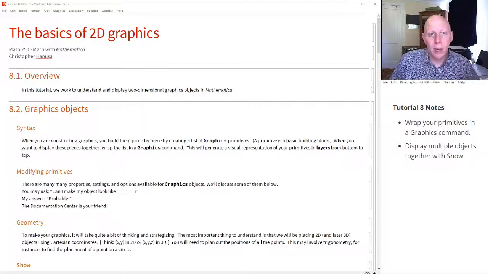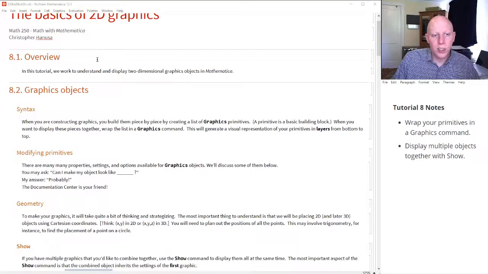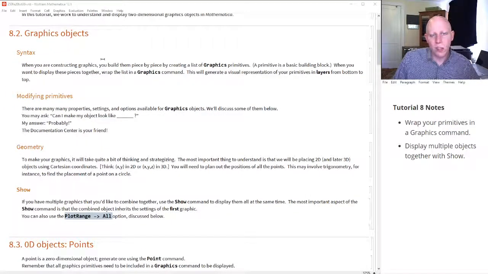Hi, today I'm going to talk about the basics of two-dimensional graphics in Mathematica. Before we get started, I'd like to talk about some of the key aspects of doing 2D objects in Mathematica. And one of the key aspects is that when you're building the graphics, you're going to be adding a